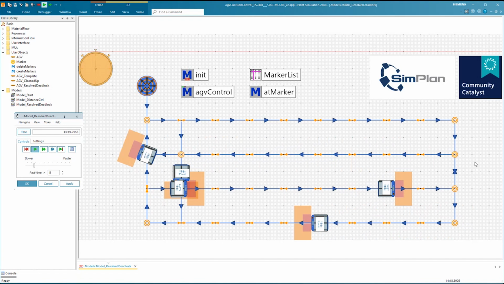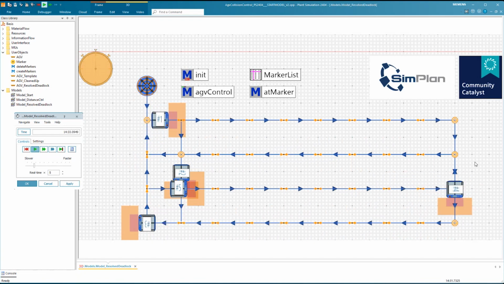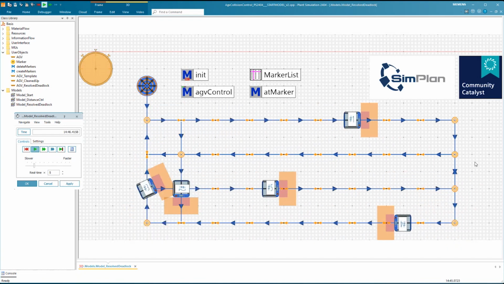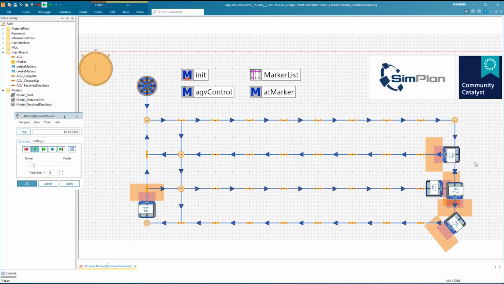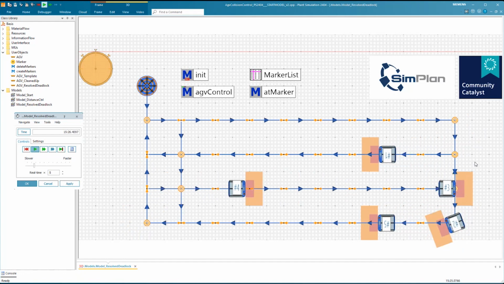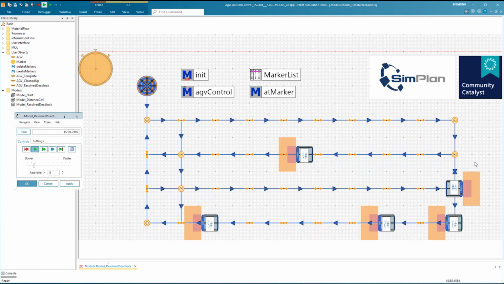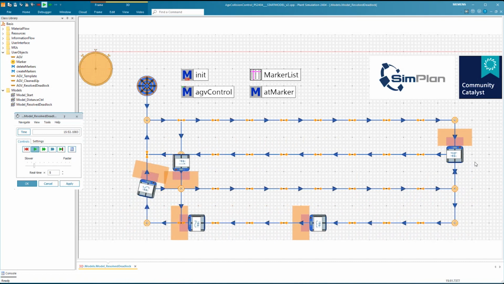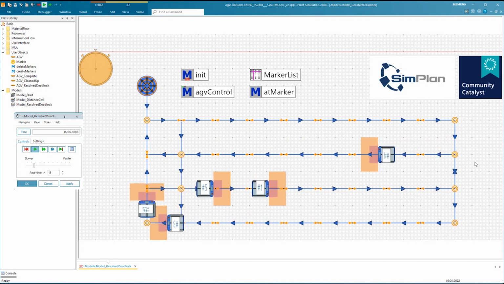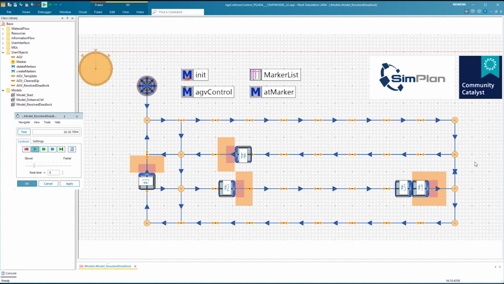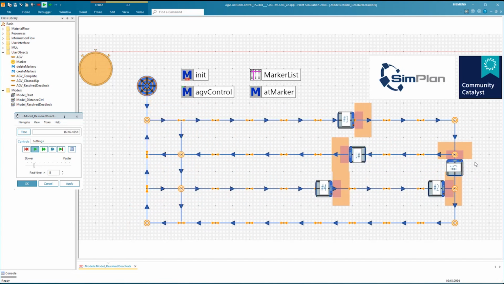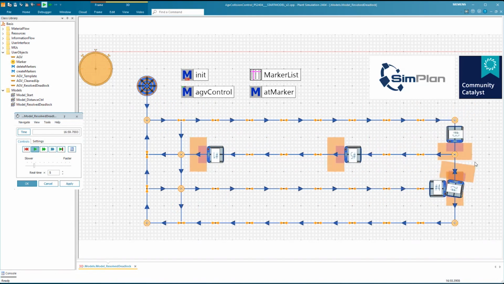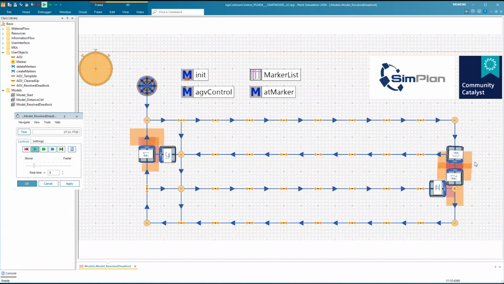Right, but yeah, I definitely wanted to make this point that especially as a beginner, you should always start with the most simple approach and accept inaccuracies or not so pretty things in the animation, because that's not the main focus of why you should do a simulation study. It's always about the results, and you always have to take into account how much effort you have to put in to create a certain outcome or animation, and what does that really give you in terms of analyzing your system and making decisions.